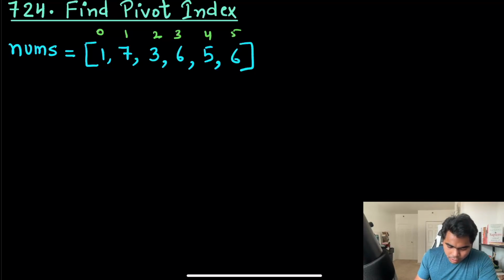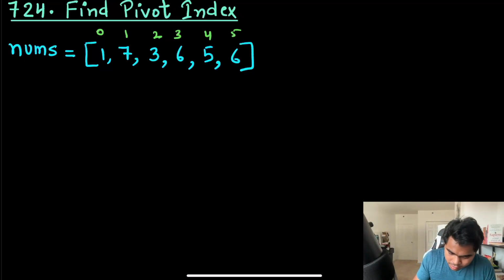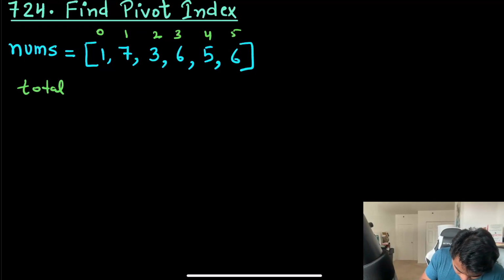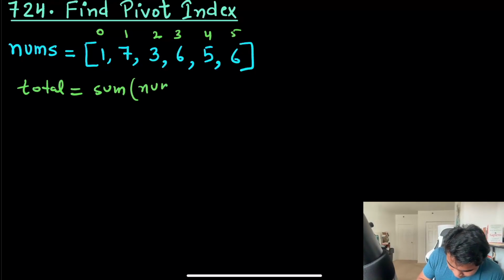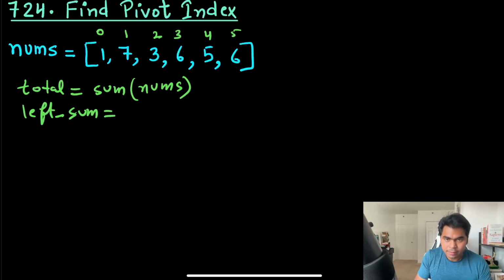Since it was all about calculating the left sum and right sum, how about if I have the total of this nums? If I find the total of all the values, sum, and I have left sum initially, which will be 0, I can calculate this immediately when I'm on any of these indexes. So initially this is 0, and I will go from left to right, and let's say I'm right here,